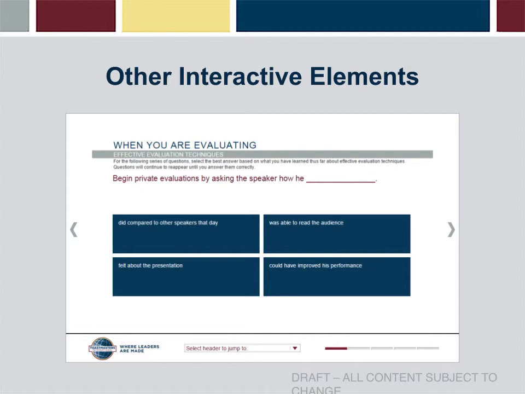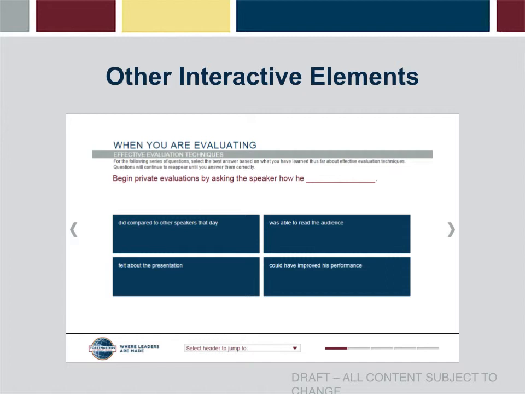This is a multiple choice question where you receive feedback on your answer immediately. For example, begin private evaluations by asking the speaker how he or she felt about the presentation. The answer options include: did compared to other speakers that day, was able to read the audience, felt about the presentation, and could have improved his performance.